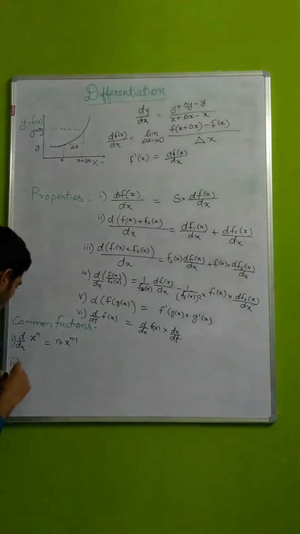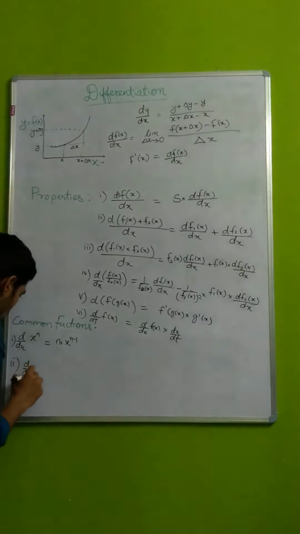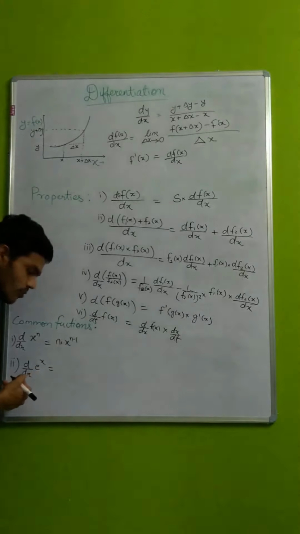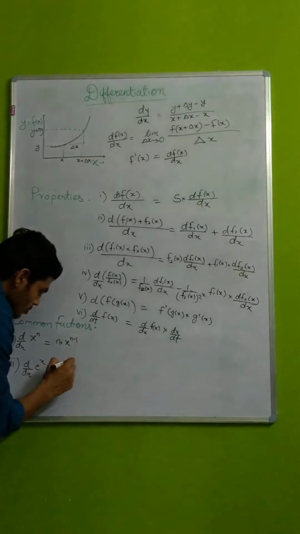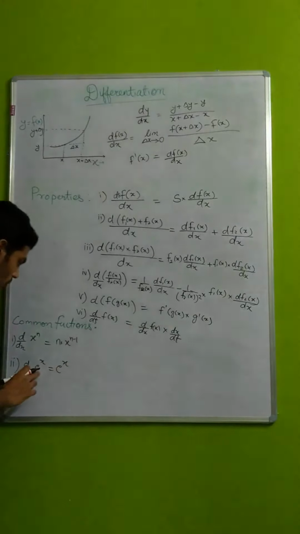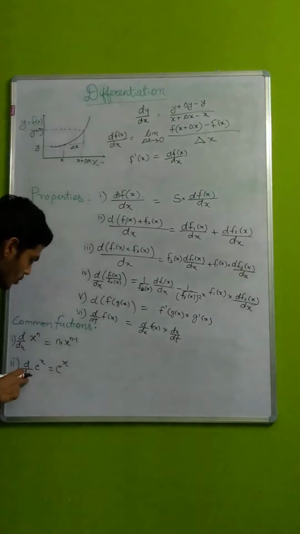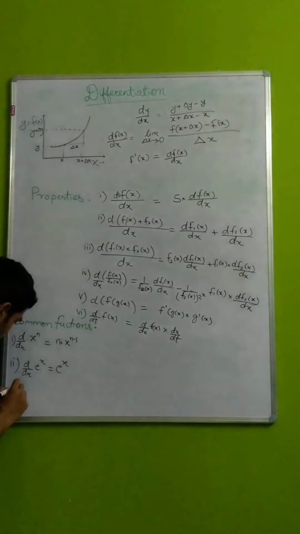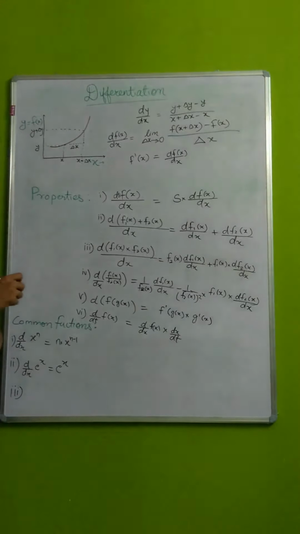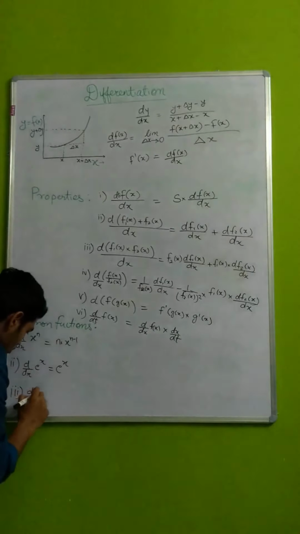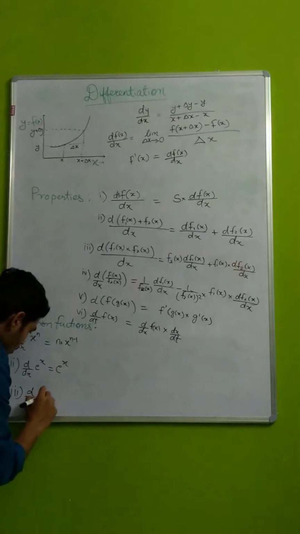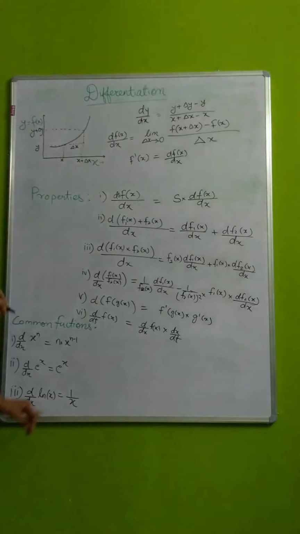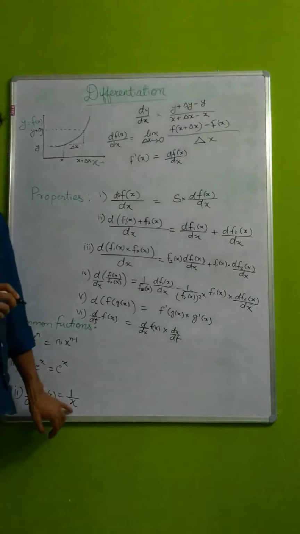Now this was our first. Then second, differentiation of e की power x with respect to x. e raised to power x remains same when it is differentiated with respect to x. So there is no change in differentiation. So e raised to power x when differentiated with respect to x gives e raised to power x. Now third function, differentiation of log of x. So d by dx of ln x. काफी सिंपल है. ln x का डिफरेंशिएशन होगा 1 by x.